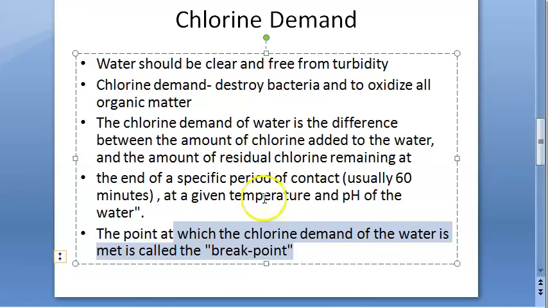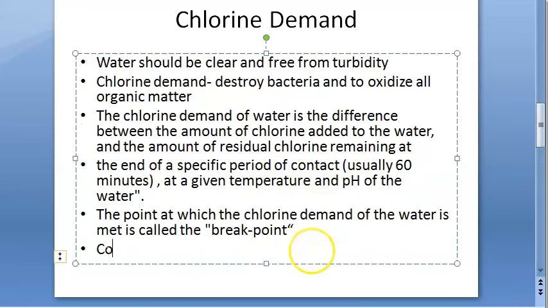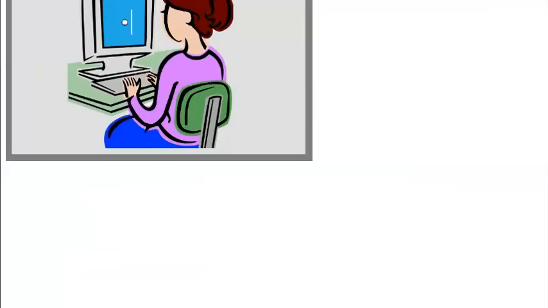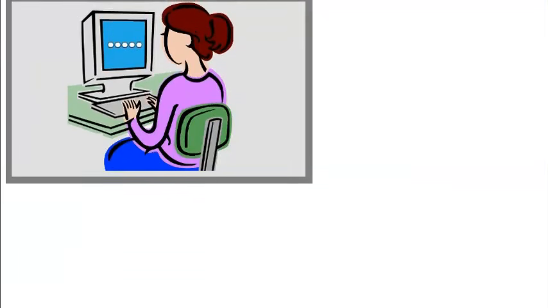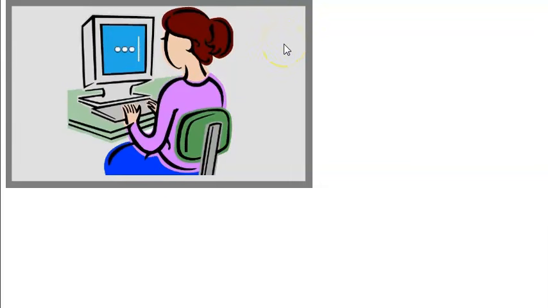Okay. Then what is contact period? There is another term here called contact period. You already saw that on top actually. It is there in the definition itself here. See, at the end of contact. Right. So what is contact period? Free chlorine, right, free residual chlorine, it should be there at least for 1 hour in the water to kill the bacteria. Okay, this is what you should know. Guys, know one thing, that chlorine can kill bacteria, some viruses only, not all viruses. It cannot remove spores and all that, okay.